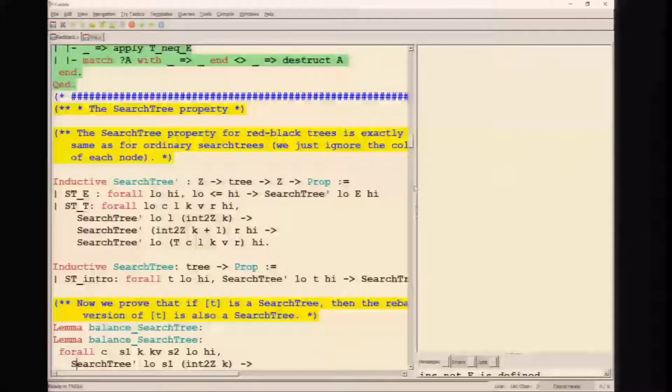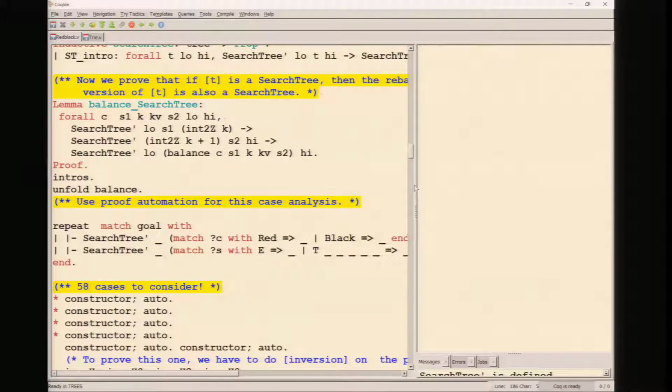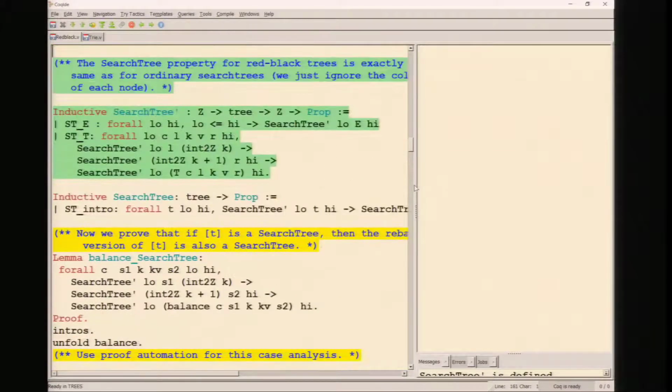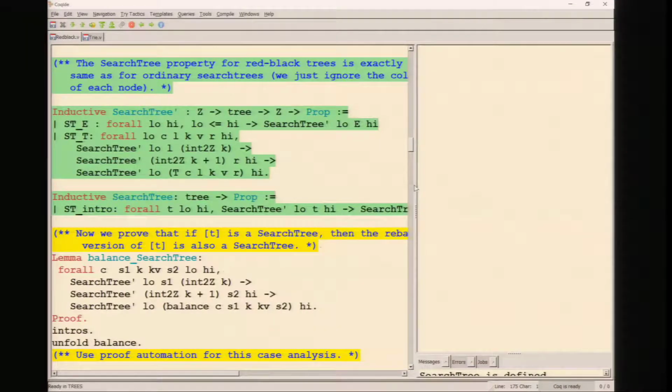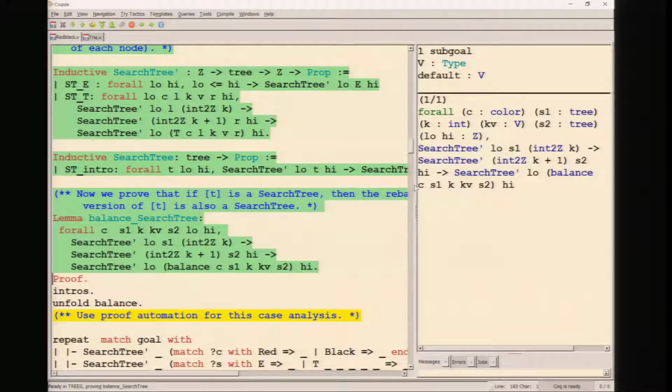Now, let's review the search tree property. Well, the search tree prime property for red-black trees is identical to what it was for ordinary search trees, except that there's some colors in there that it ignores. So, done. And search tree without a prime is the same, so done. And now let's prove that